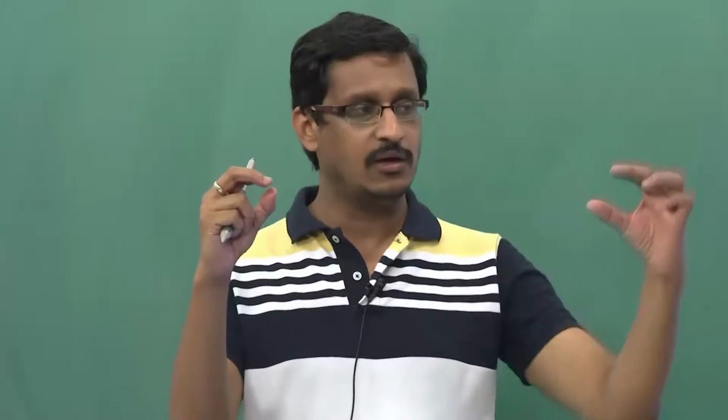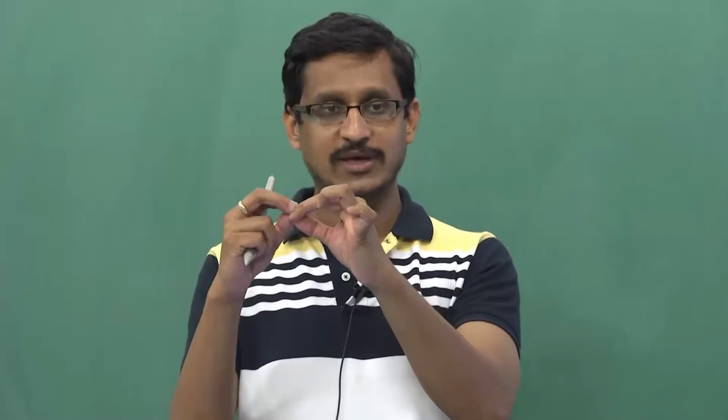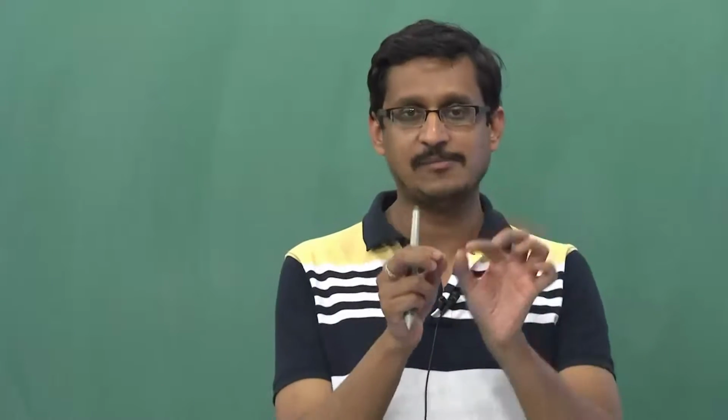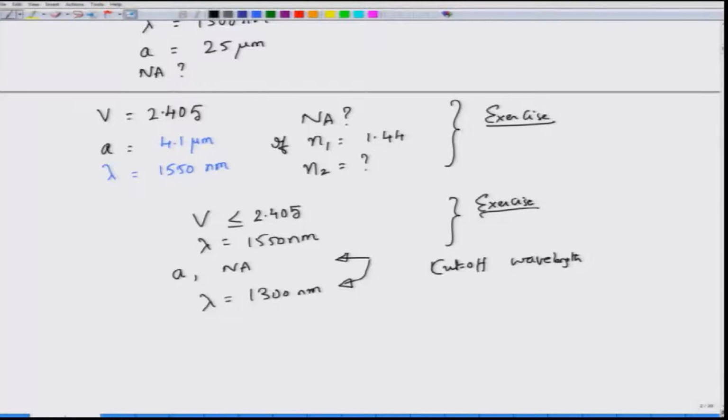On the other hand, if I know that the power is maximum at the center and I have a lens system which is then focusing light at the center, then this mode can get excited. So if you have to excite a mode, you have to excite the electric field and the magnetic field patterns out there, and you can do that only if you know what is the modal pattern of the modes which are propagating inside the fiber, and that is what we are going to look at. So in the remainder of the module, we will first outline the steps and then give you a couple of basic equations. In the next module, we will continue to solve the equations.